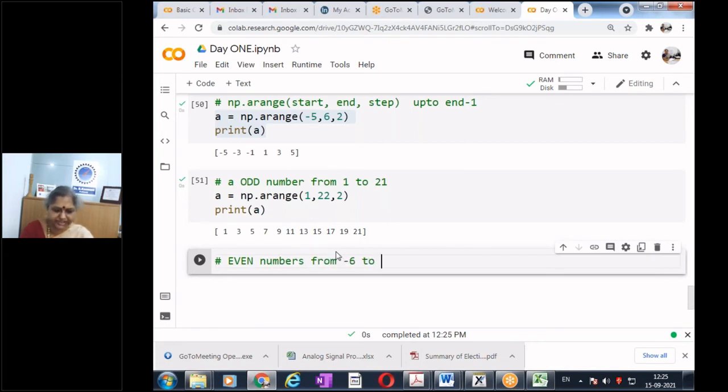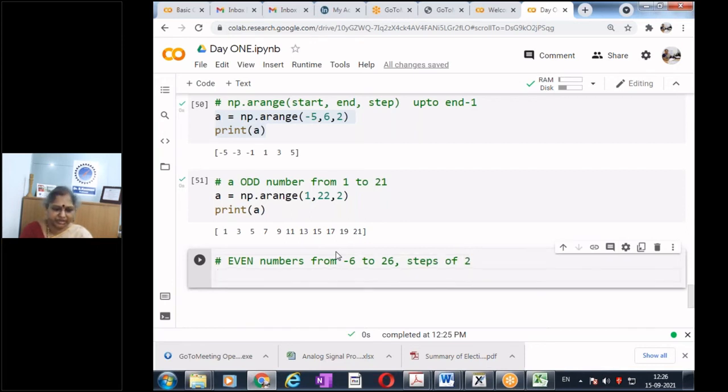I want to get even numbers from -6 to 26, or all numbers from -6 to 26 in steps of 2. What will be my command now?